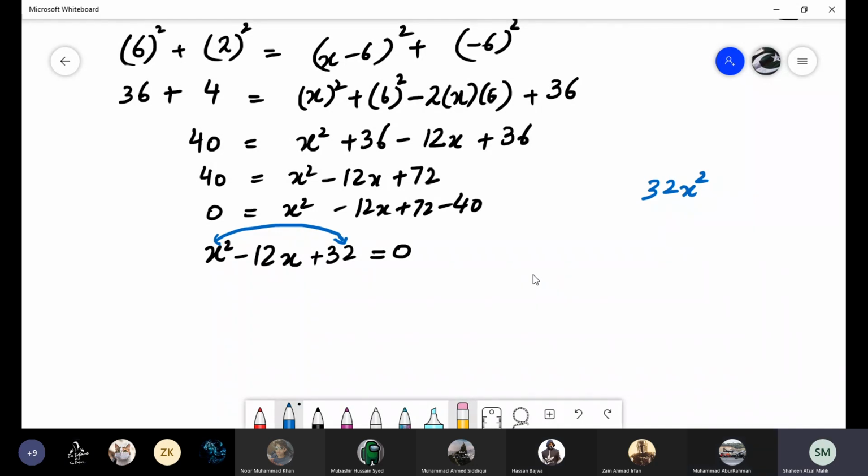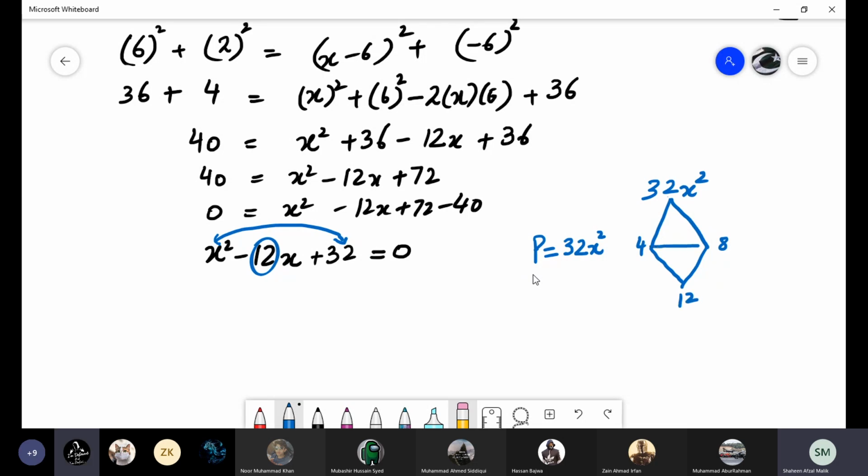Look at here. I will tell you the easiest way to find it, for question number 1A. Look at here, beta. What is the product of these two numbers, x square and 32? 32x square. Now you have to find the factors of this 32. 32 is coming in which table? 16 twos are 32, 4 eights are 32. If you add 4 and 8, it gives you exactly the middle value, that is 12.